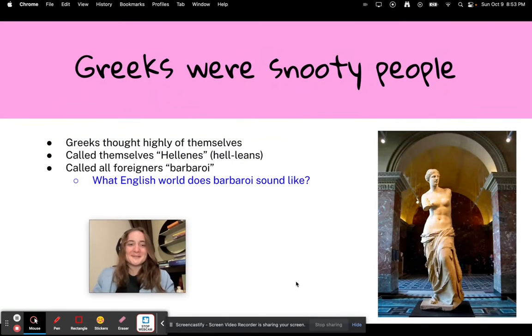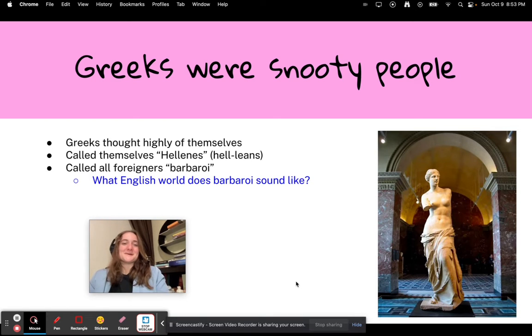All right, so the Greeks, they were snooty people. I didn't know what other words to say except for snooty. I'm like, yeah, let's just do snooty. So the Greeks really thought highly of themselves. Okay, they called themselves Hellenes, and then they called all foreigners, no matter where they are or what education level they were at, they called the foreigners